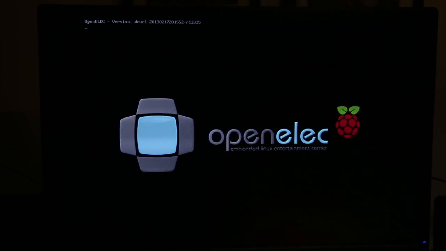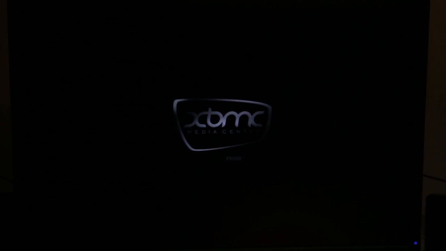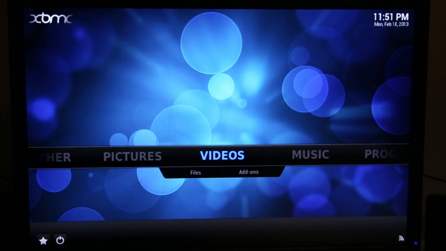So here's my Raspberry Pi booting for the first time. It takes slightly longer for OpenELEC to start up the first time because it has to create the secure shell keys, the swap file and the folder structure that XBMC needs. Okay, so it's come up and you can see this is the XBMC, this is the standard user interface, and